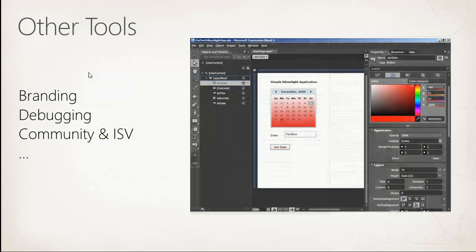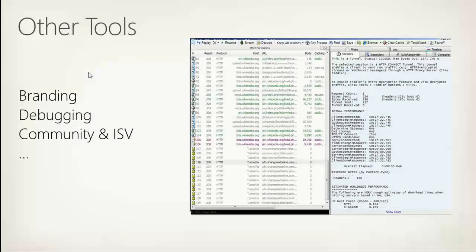For debugging, I actually like this. This is a tool called Fiddler. Anybody use Fiddler here? Yes, many of you. That's good. For those of you who don't, you can see network traffic, right? So let's say you're doing a JSON call, and you're like, oh my God, my jQuery is not presenting this in the UI. Like, what's wrong? You can actually open up your Fiddler, and you can see the fact that JSON is being returned, but there's some problem with your binding. Okay? Really helps you do some web debugging. So it's an invaluable tool.